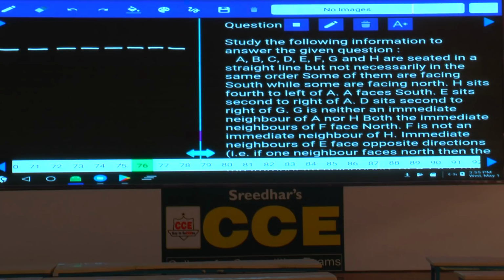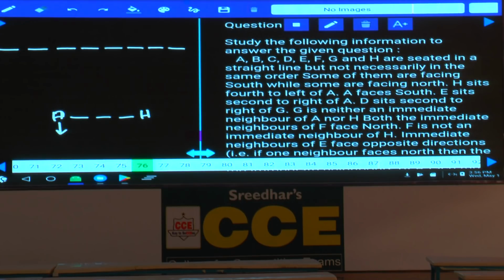Then in this one, H sits 4 to the left of A. If A is here, H sits 4 to the left of A. H is seated 4 to the left of A and A is facing towards which direction? A is facing towards south. A faces towards south and H sits 4 to the left of A, isn't it? Then H at this place, 1, 2, 3 and A will be here and A faces south. Now A faces south and H sits 4 to the left of A, H will be here, and next one,